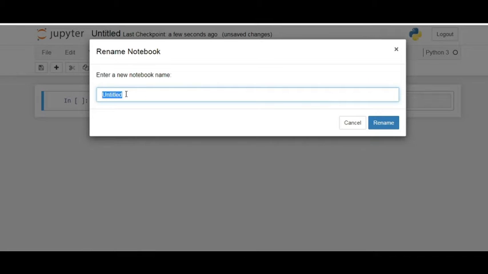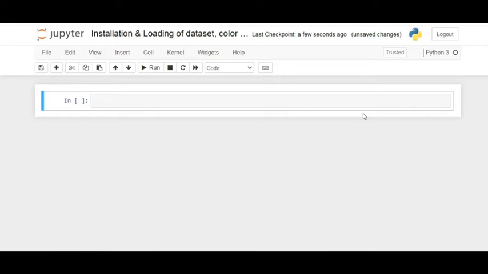So this is installation and loading of data sets, and we are working with color palettes in this session, and rename it. So this is going to change it.